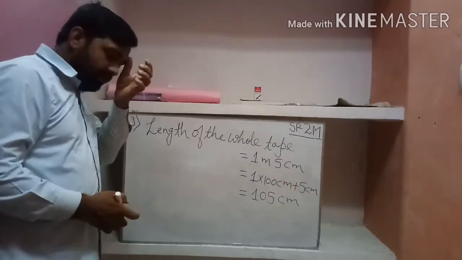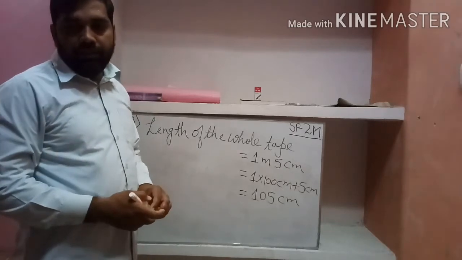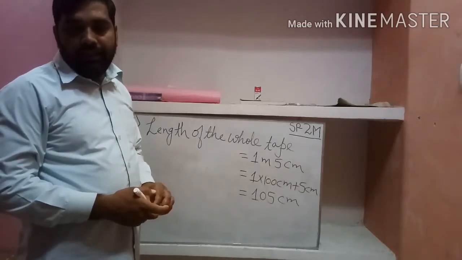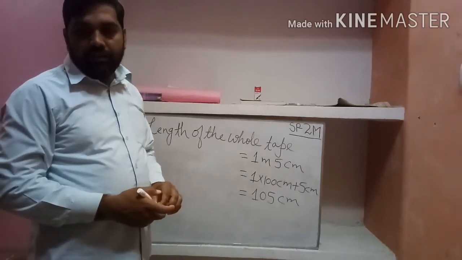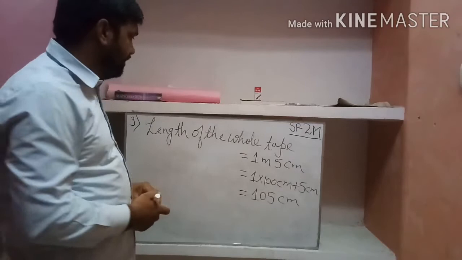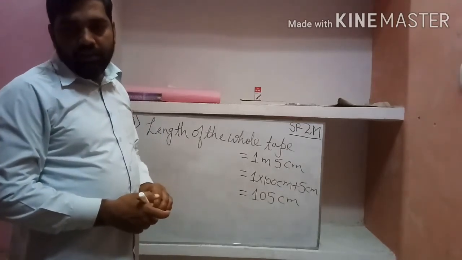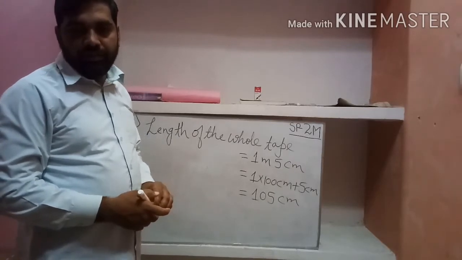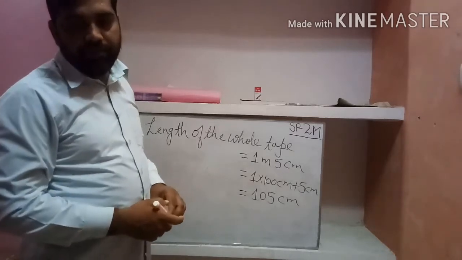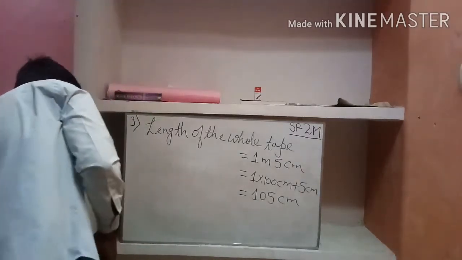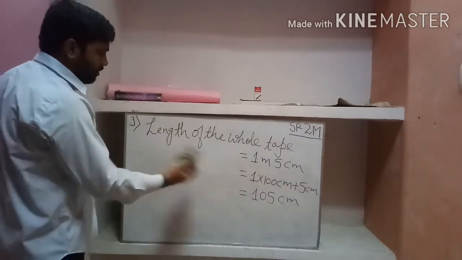Now we will find the length of cut pieces of tape. Length of each cut piece of tape is 6 centimeter. So now we find the number of pieces of tape of length 6 centimeter. Now we find. So I am going to write the next statement. Okay. So after that we write.